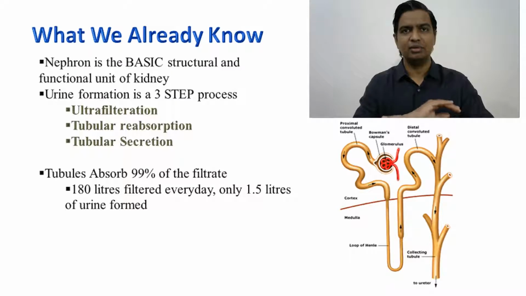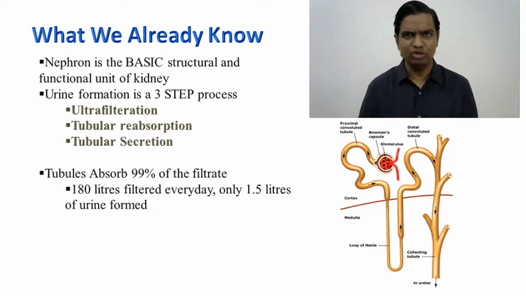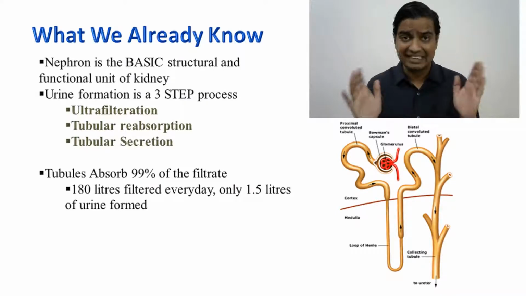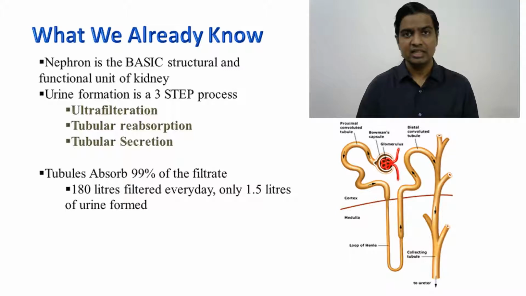Now that is the amount of urine we do not want to pass. And we don't pass 180 liters of urine per day. We pass somewhere around 1.5 liters, 2 liters of urine in an entire day. Correct? Which means out of the glomerular filtrate, 99% gets reabsorbed and hardly 1% is excreted out. Very simple, easy to understand concept.